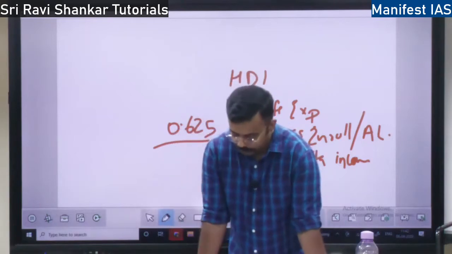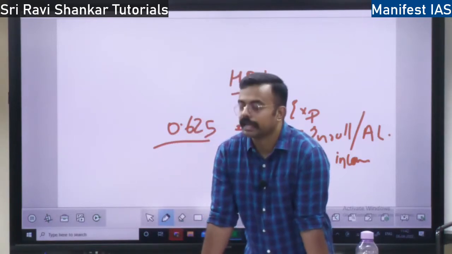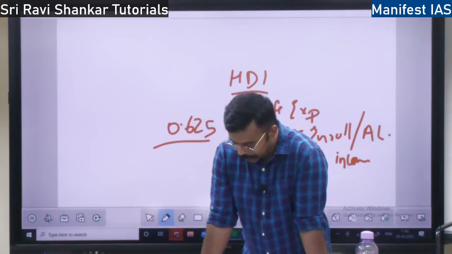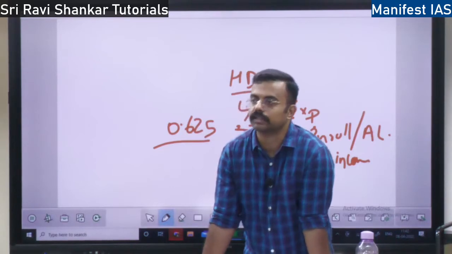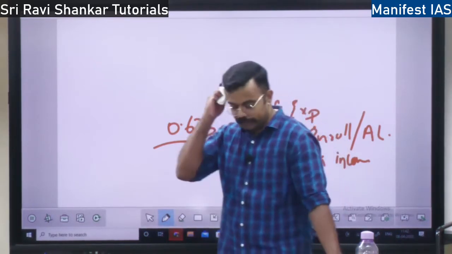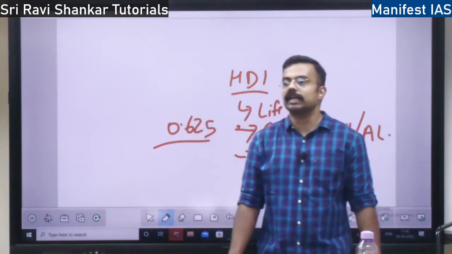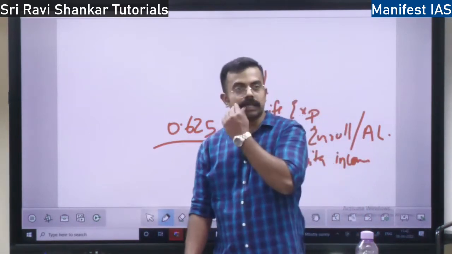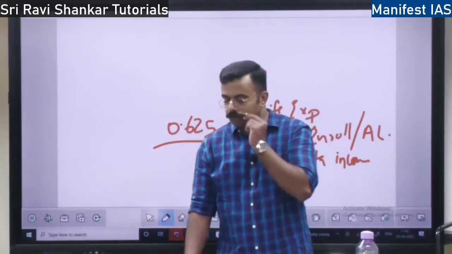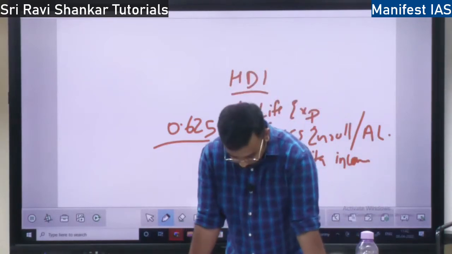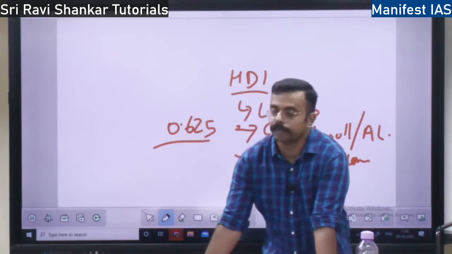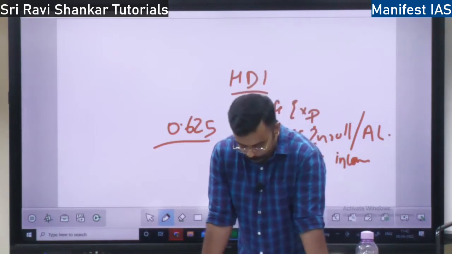With respect to the Human Development Index, Kerala ranks the highest because Kerala has good social, economic, education and other indicators. But the Bimaru states rank lower. That is Bihar, Madhya Pradesh, Rajasthan, Uttar Pradesh, Orissa, West Bengal. So this is about the economic indicator of the Human Development Index.